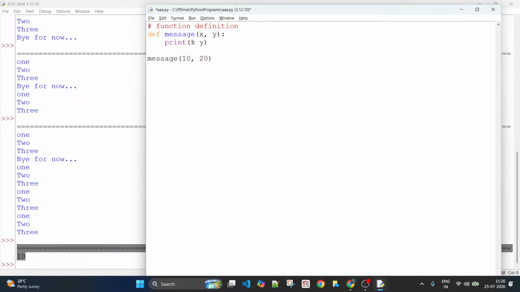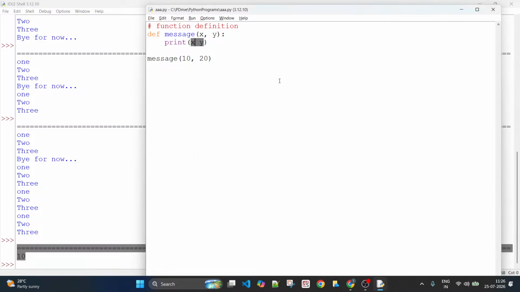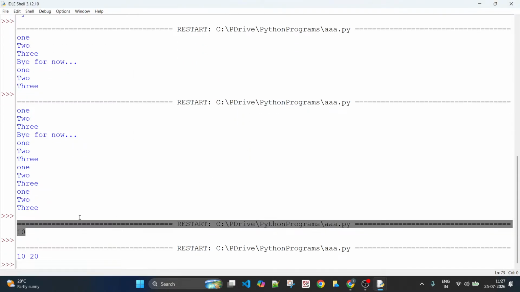And then if you get inside and print it, as you know, by the time x has become 10, y is 20, so 10 and 20 would be the values printed. Okay, let us go ahead and run this. You see 10 and 20 is the output here.